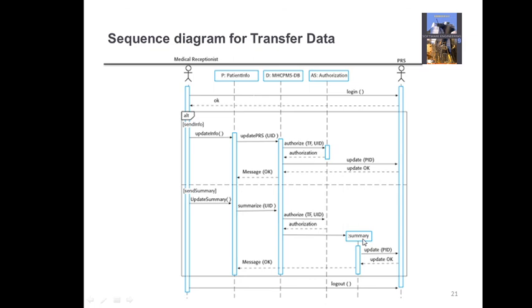So this is how to make a diagram. It depends upon the designer. So simply: update summary request, summarize by this, authorized or not, and then the summary will be updated here. Assuming it got updated, so update OK. The message OK response will always come back to the patient info class. So this was the alternative block for sending either the complete information or the summary.